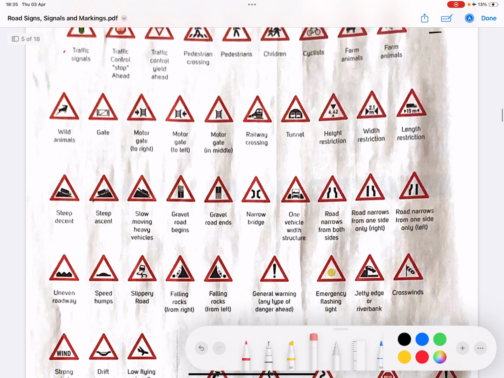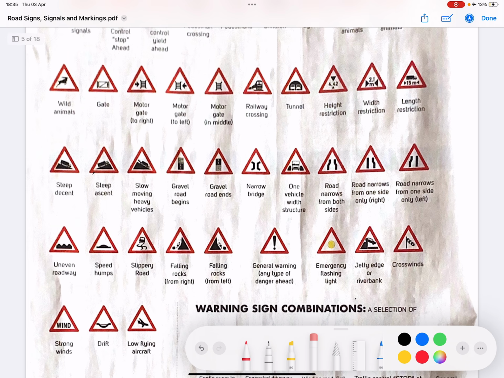So you just see that there's a motor gate, a gate, a narrow bridge. Be aware that the structure you are coming on allows only one person to cross at a time. The road narrows from both sides. Emergency flashing light. That means you must be cautious when you are driving here. They might put this sign, and then underneath they write to you to say